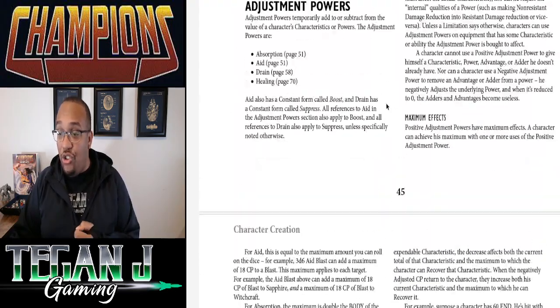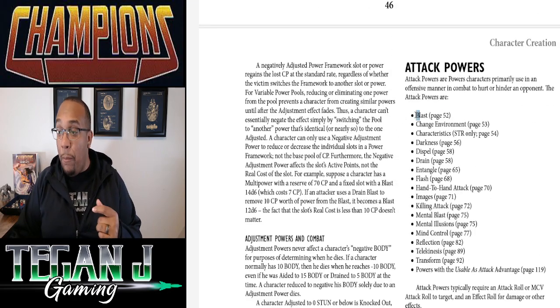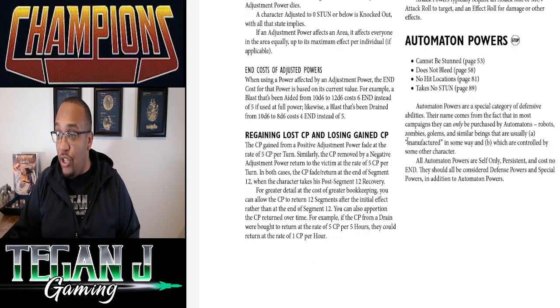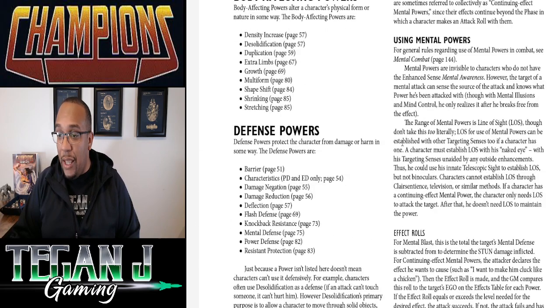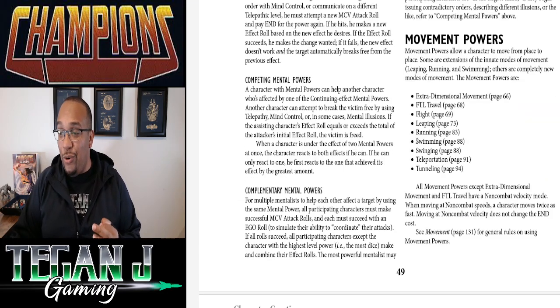So we're not going to do any adjustment powers on that side. Didn't really fit what we're going for. Attack is going to fit our best for our energy blast. We're going to go to page 52 for that one. And then we're going to go to page 83 for our resistance protection. And then for flight, we're going to go to page 69. So let's go to page